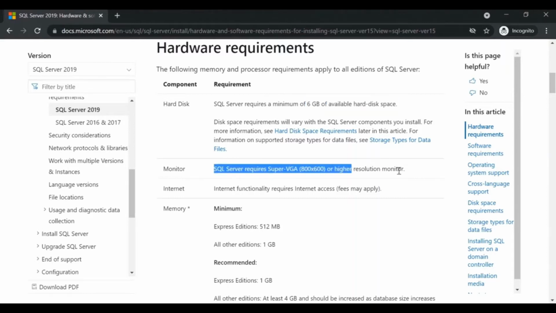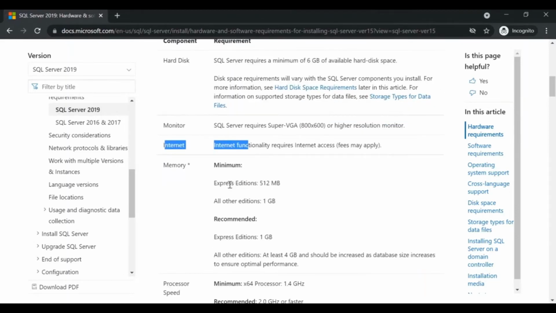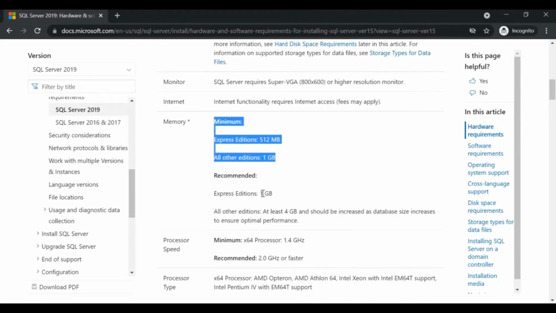Next, monitor. Of course, a high resolution monitor is required. And internet, you may need to download the software, so you need some internet. And memory, the major and important factor here. For Express editions, 512 MB, and for all other editions, 1 GB minimum is required. These are the minimum, but recommended for Express is 1 GB and for other editions it is 4 GB. Personally, I recommend that even if you use Express, go with 4 GB. As data increases, the performance of the query also varies based on this